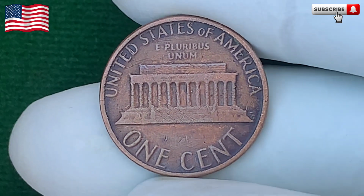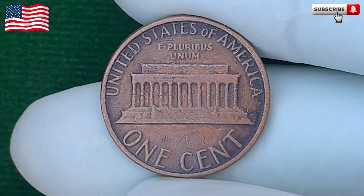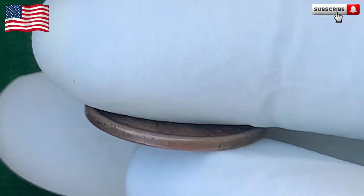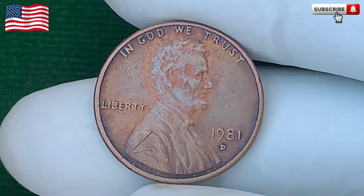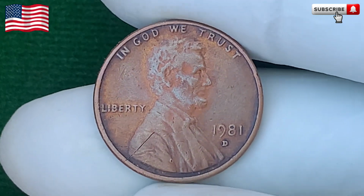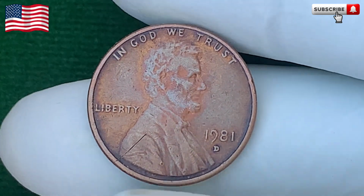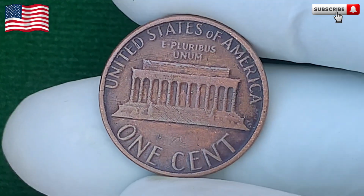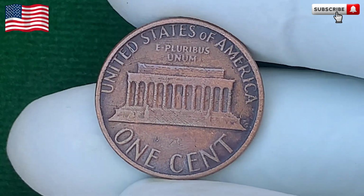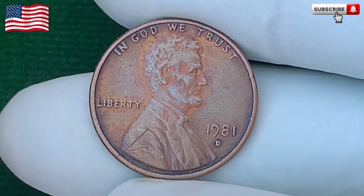However, when we look at the 1981 Lincoln penny, what stands out is not just its design but some of the production quirks that make it incredibly rare and valuable to collectors. In 1981, the U.S. Mint produced the Lincoln penny in large numbers, but one specific detail makes this year noteworthy. You see, many people think that all pennies from the early 1980s are just regular pennies, worth only a cent. But there's more than meets the eye when it comes to the 1981 Lincoln penny, particularly